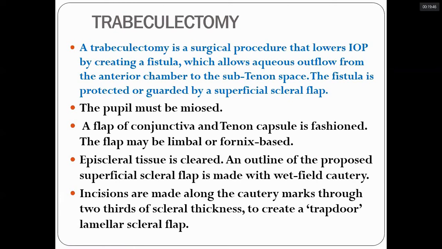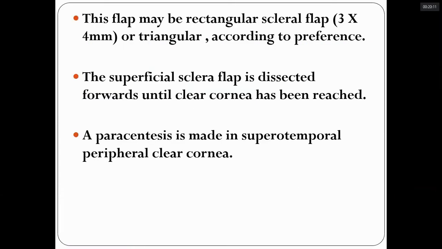That means either it is towards the limbus or towards the conjunctival side, depending on the peritomy. The scleral tissue is cleared and the outline of the superficial scleral flap is made with wet-field cautery, and incisions are made along the cautery marks through two-thirds of the scleral thickness to create a trapdoor lamellar scleral flap. This flap may be rectangular, that is a scleral flap of 3 to 4 millimeter, or a triangular